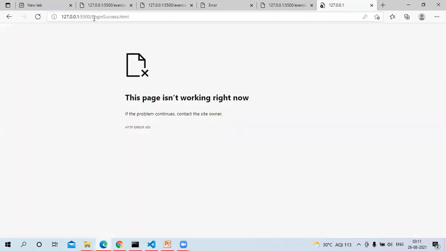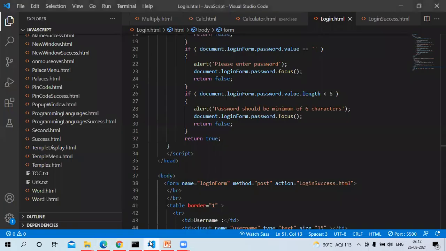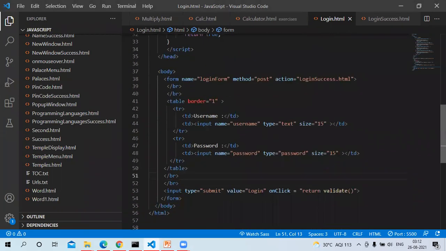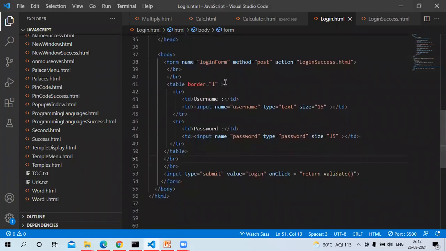You should actually get a message called login success. I am going to a page called login success. So that is what should happen. I think due to some problem it is not going there, but that is what it is. The form is submitted basically if all these 4 conditions are satisfied. So that's the thing. And then let us look into the program now.